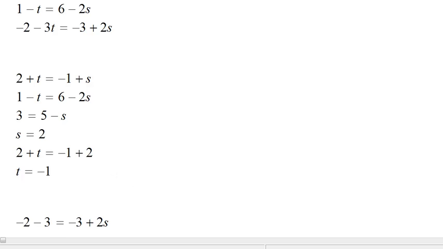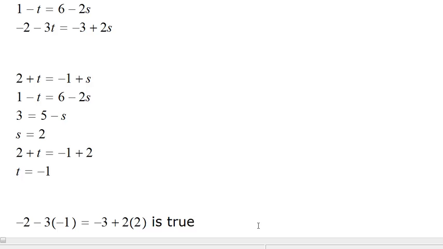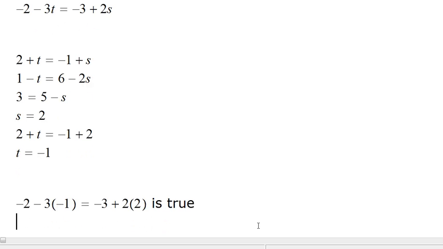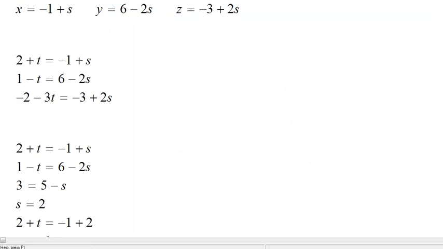Okay, so give me a moment. We will write t equals -1 and s equals 2, and we can see this corresponds to 1 equals 1. So therefore we have a consistent system of equations, and the lines will intersect at the point that corresponds to t equals -1 and s equals 2. So all we have to do now is